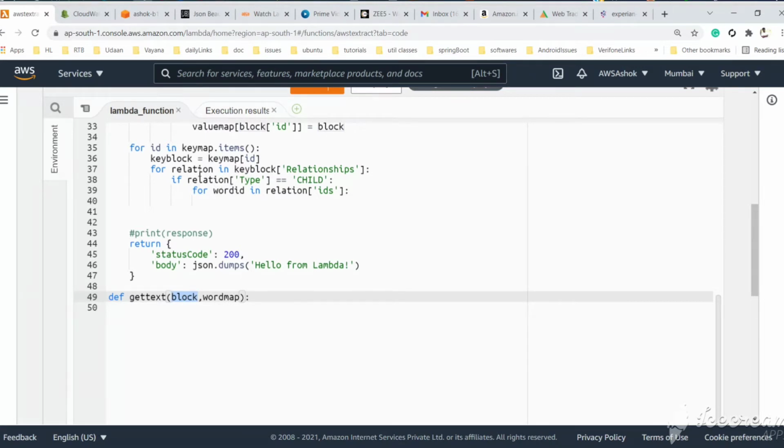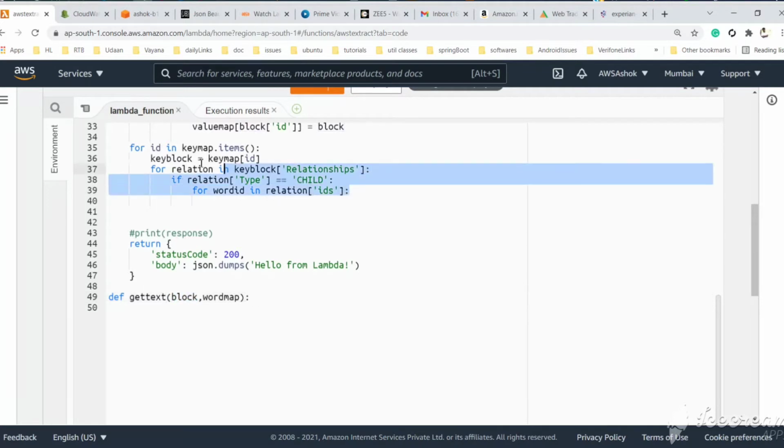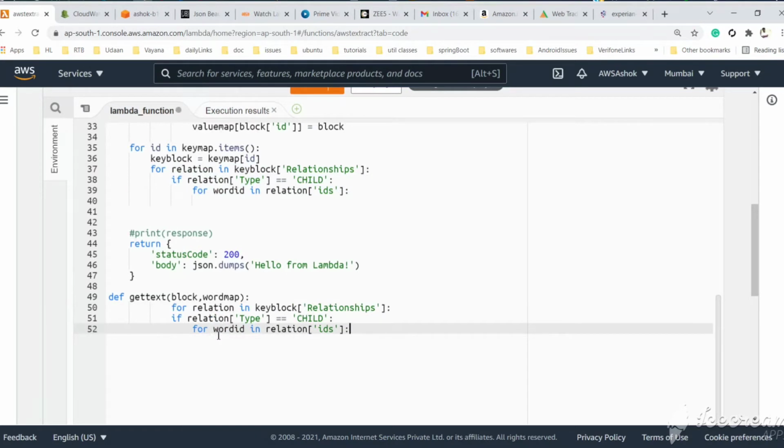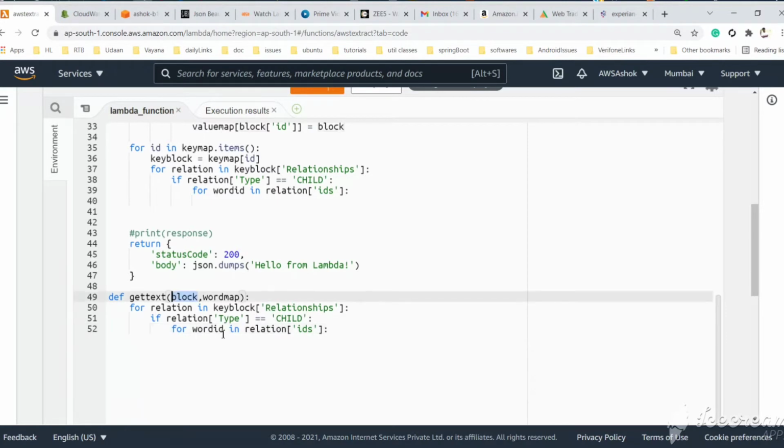So inside key value set we will have relationships. Let's copy this, and this block: for relation in block relationships, if relation type is child,